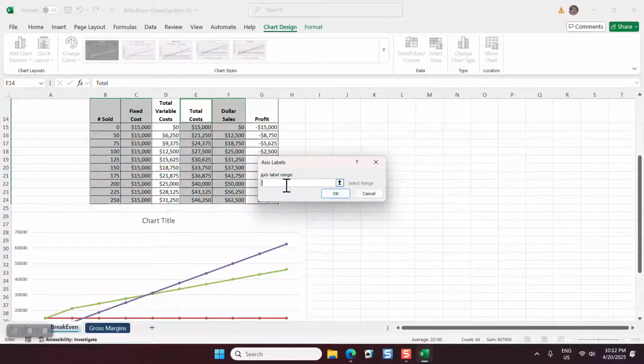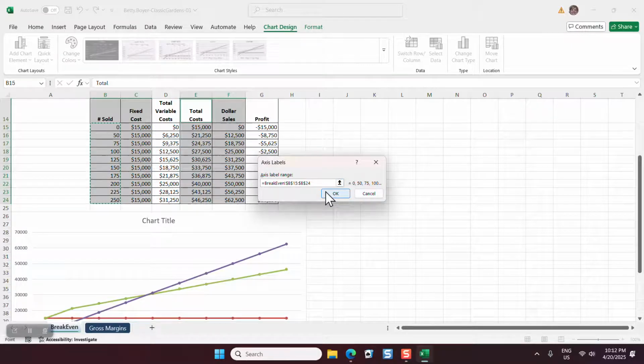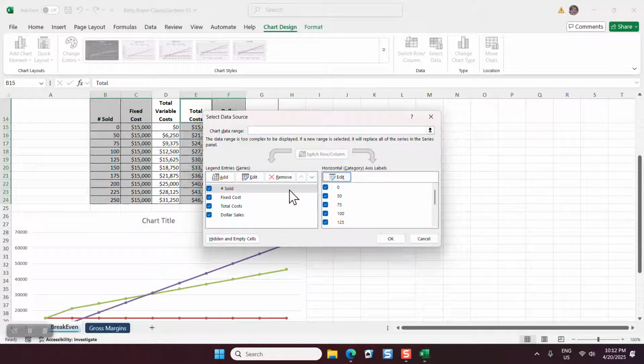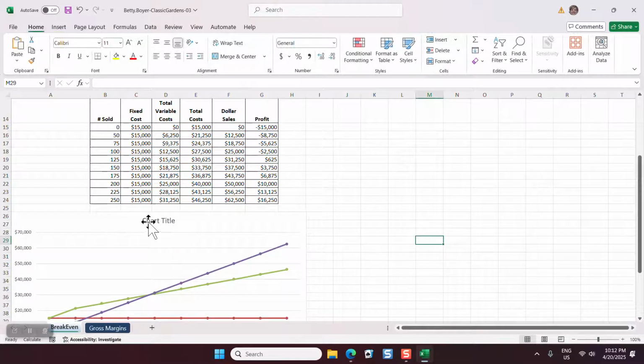select cells B15 to B24. So we're going to go here, not include the title, only that one column to B24 right there, and we're going to click OK. Then it wants us to come over here to the legend entries and deselect sold. So we're going to do that and then click OK. Okay, on to step 13. We're going to edit. I'm going to click out of this. Edit our chart title